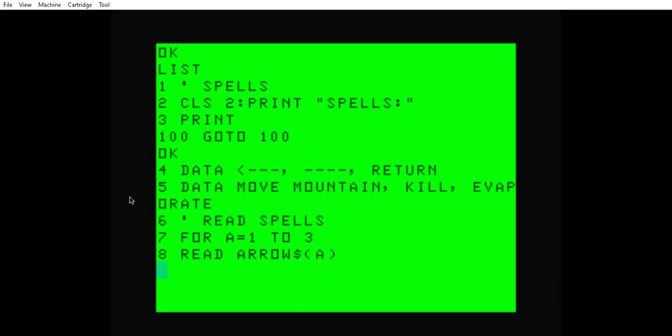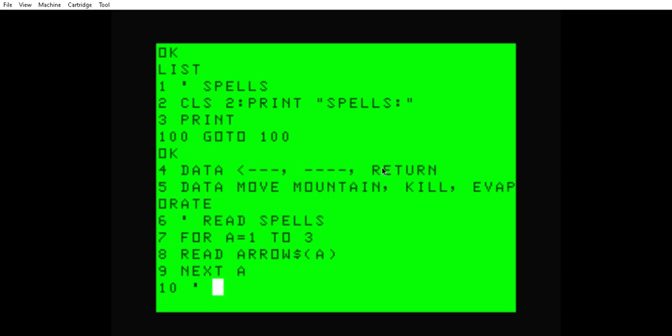When you read data, you have to retain it somehow, and it's been a while, so we're going to read all of the data at once, so we need to subscript arrow $ each time we read it, and it will retain the value of this, then this, then this. Okay, and to accomplish that, we're just going to put next A. Once it cycles through there, we'll have all of our pieces of the arrow,